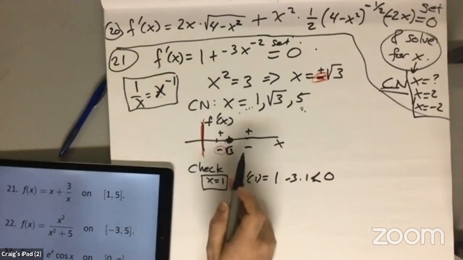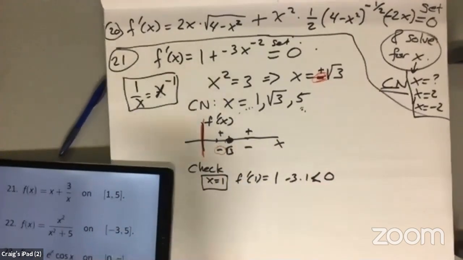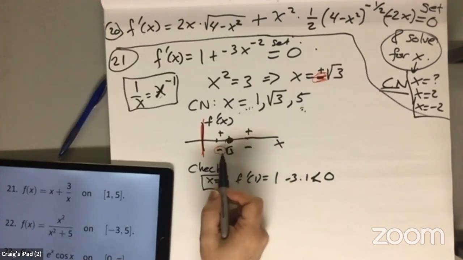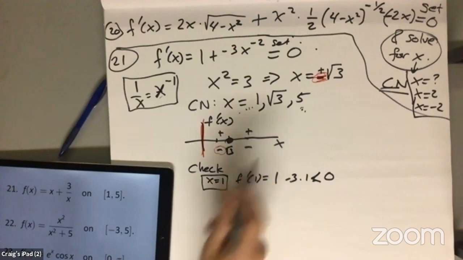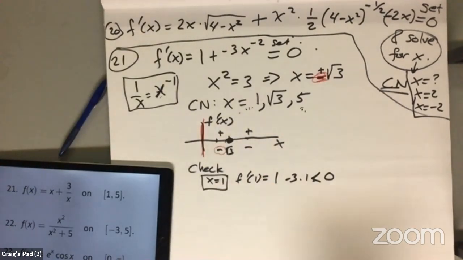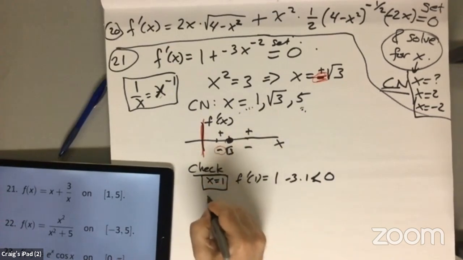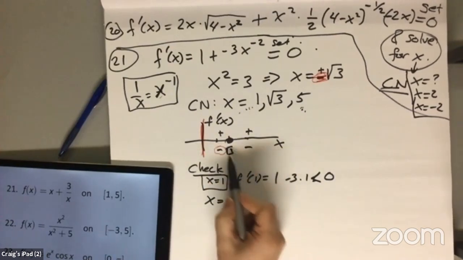And then as I get closer to the square root of 3, it becomes 0. The derivative is negative, and then it becomes flat. And now I'm wondering what's happening to the right. I'm almost certain it almost always switches to a positive value as I switch from negative to positive. But it's possible that it went from negative to negative. It could go negative, flat, and negative. Algebra allows that possibility. So I also have to check x equals something bigger than square root of 3,